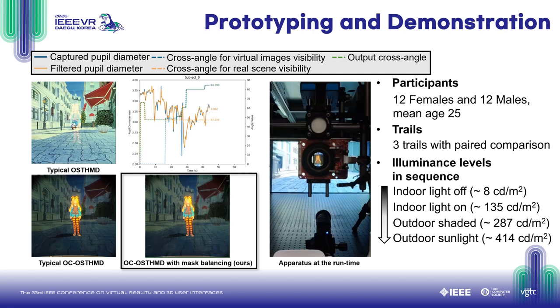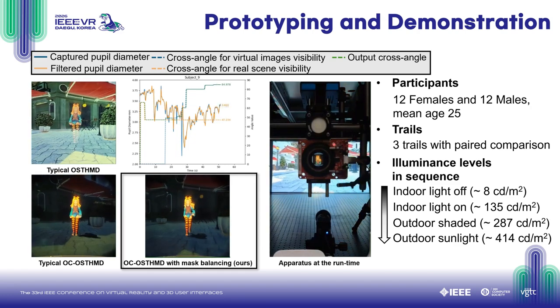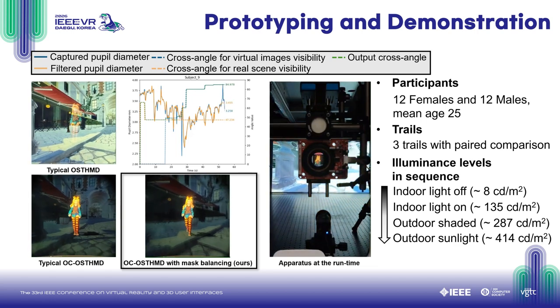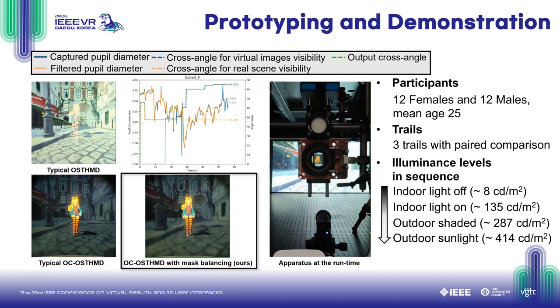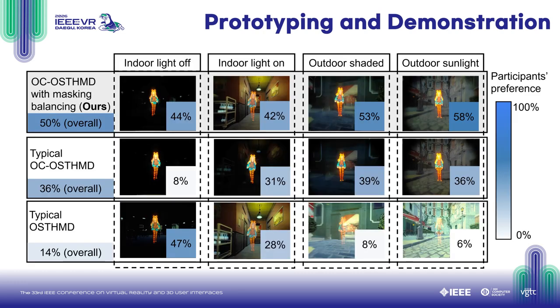Participants were asked to choose the preferred strategy, depending on their overall experience and the subscene's experience, in each paired comparison. The curves illustrate the captured pupil diameter and the optimal cross angle of the balancing LP by the visibility test. The experimental results are shown in the figure. Overall, 50% of participants chose OC-OSTHMD with mask balancing as their preference, with 36% and 14% preferring typical OC-OSTHMD and